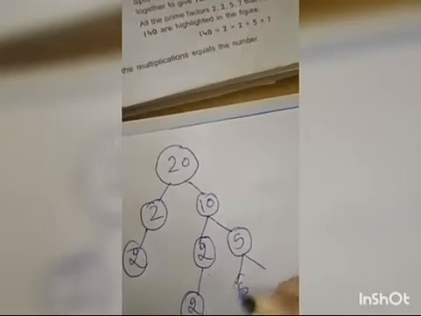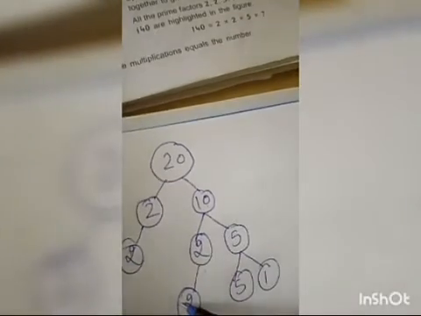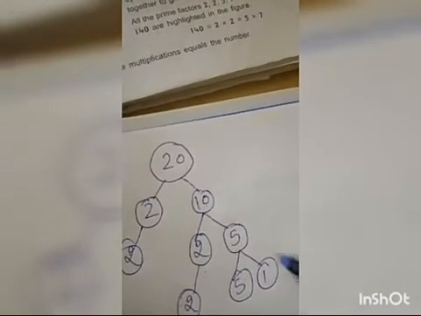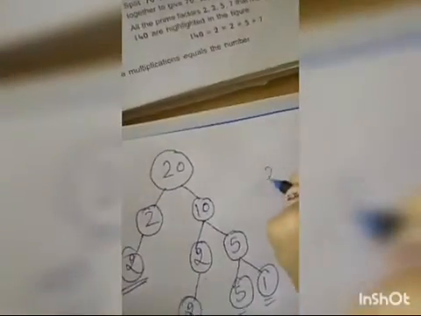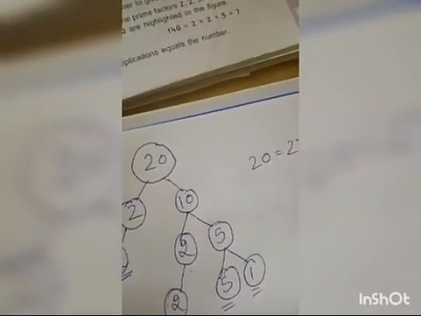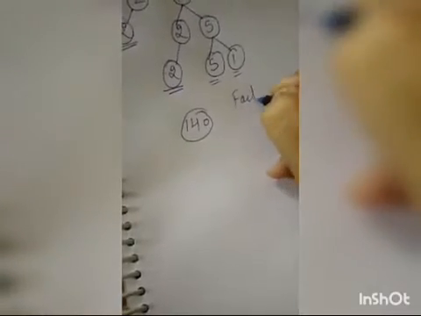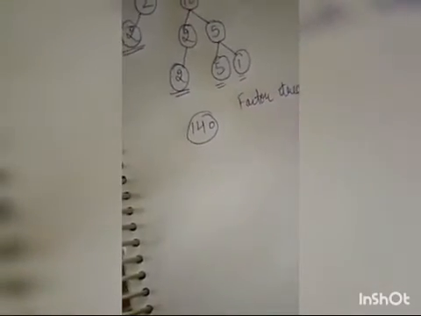5 has 2 factors. 5 1s are 5. So 2 2s are 4 and 4 5s are 20. So what are the possible factors? We will calculate it by our last nodes. So for the factors of 20, I have 2 into 2 into 5. And if I want, I can write 1 or not. That is not compulsory. Like the same method, I will now do this question 140. In this I am going to use the factor tree method.